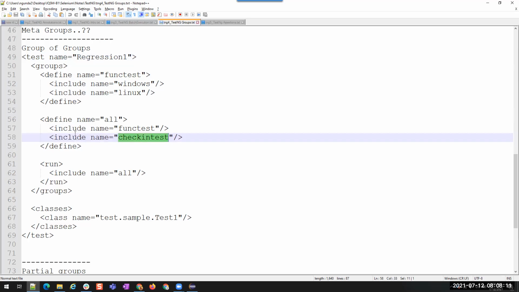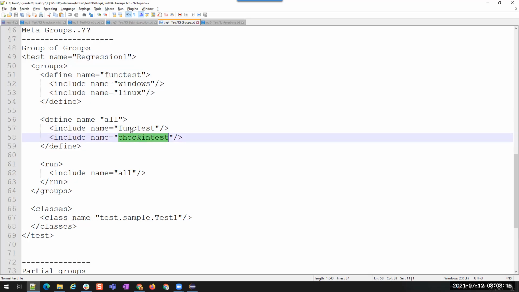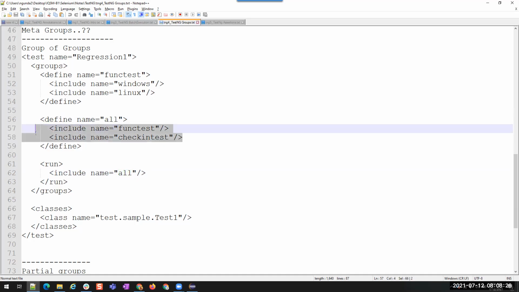Then I'm not calling these individual group names like Windows or Linux. I'm just giving the name of this new meta group, which includes all the other groups. Understood?